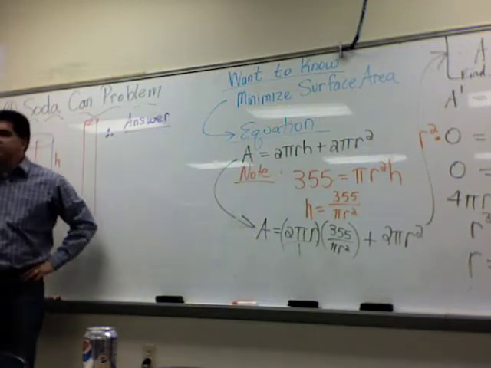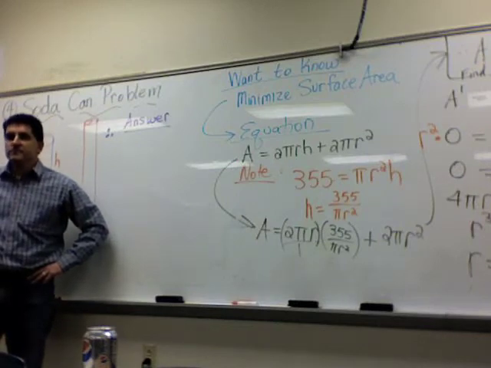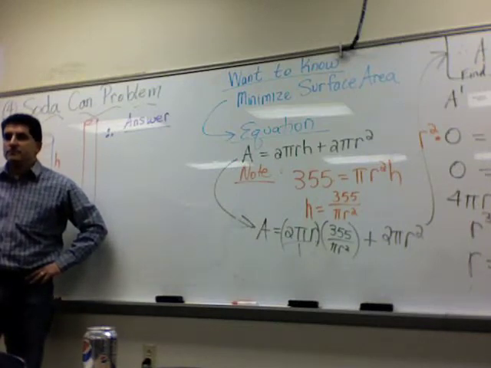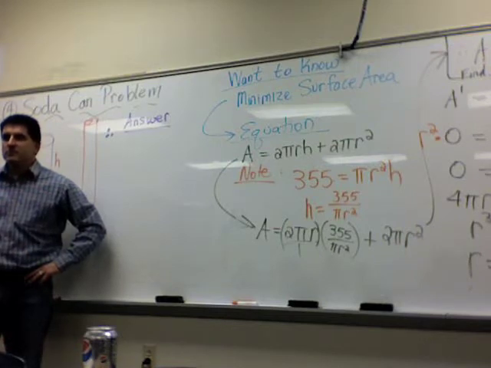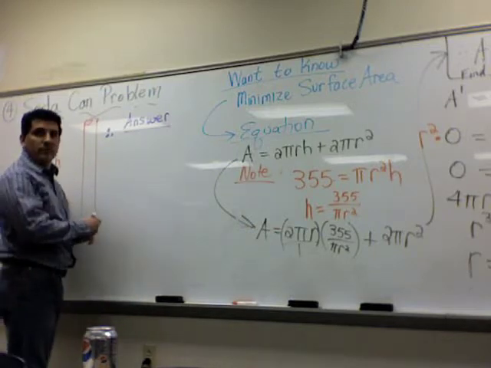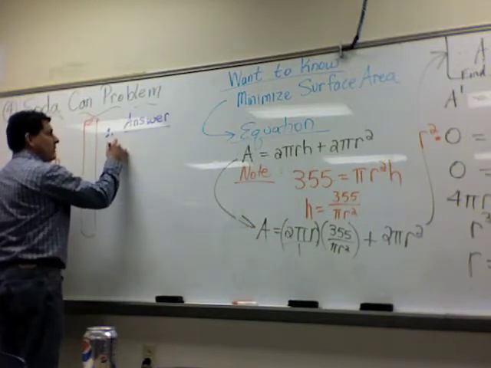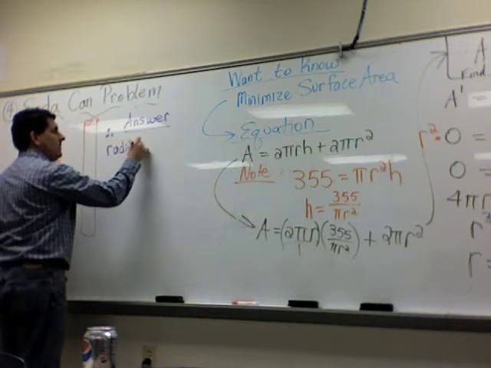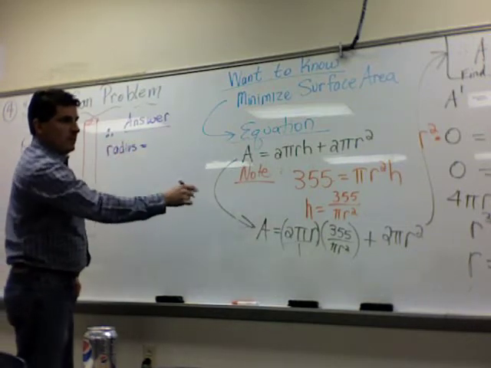Okay, what's the answer? Okay. Read the problem. Well, that's the radius; you also have to find the height. Exactly. So we need the dimensions, right, of the can? So we're going to have a radius of, we'll use